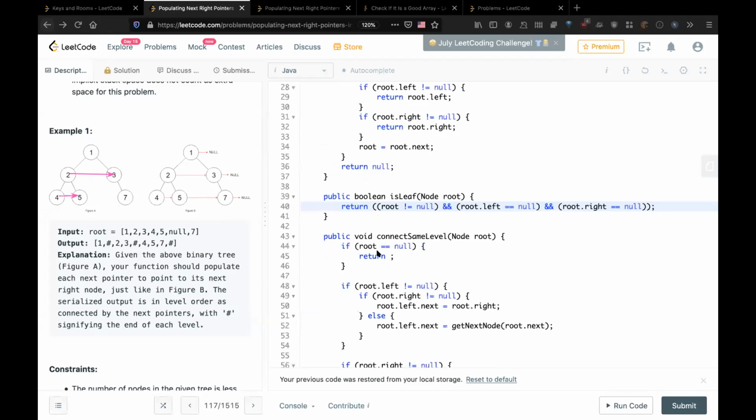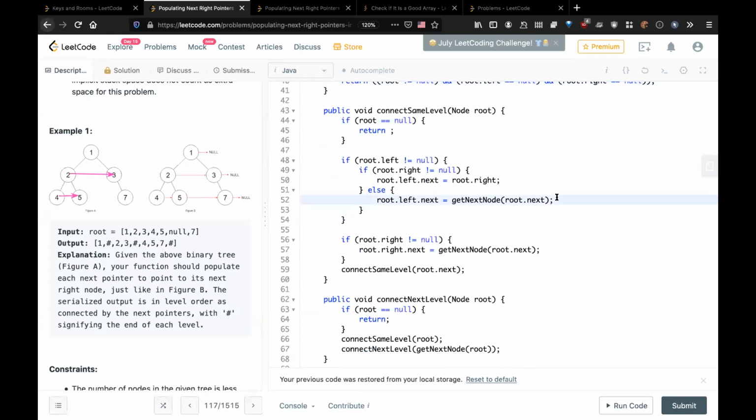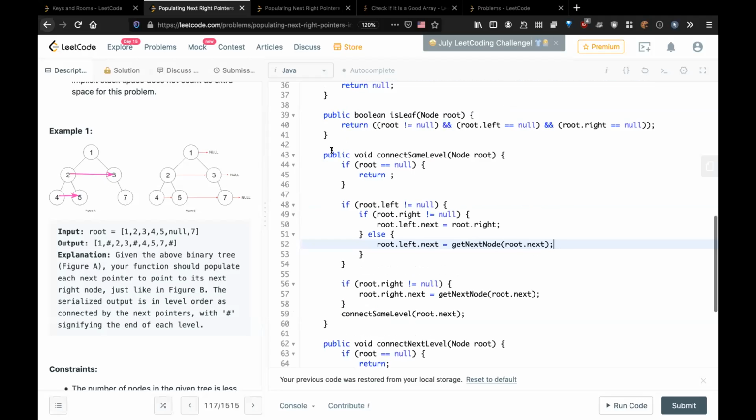So the line number 52, you are going left of the root 2. If you don't find right, you're going to the next of that particular node. I'm trying to check if there is any left or right pointer for that. Okay, so 3 doesn't have any right child, on the same level as 2. It can happen that 3 also might not have any child, so I'm going to its next child again. This is a while loop.